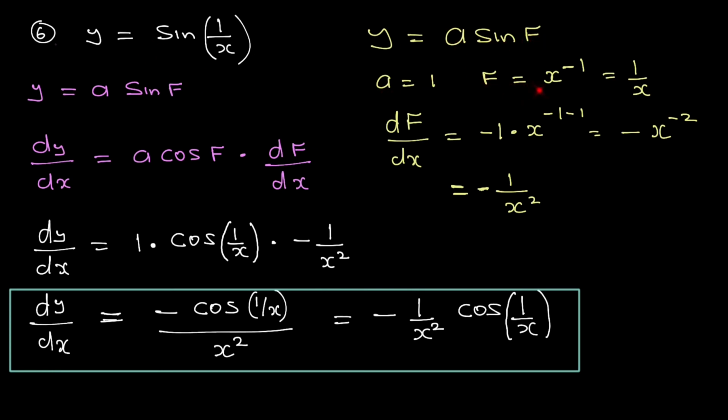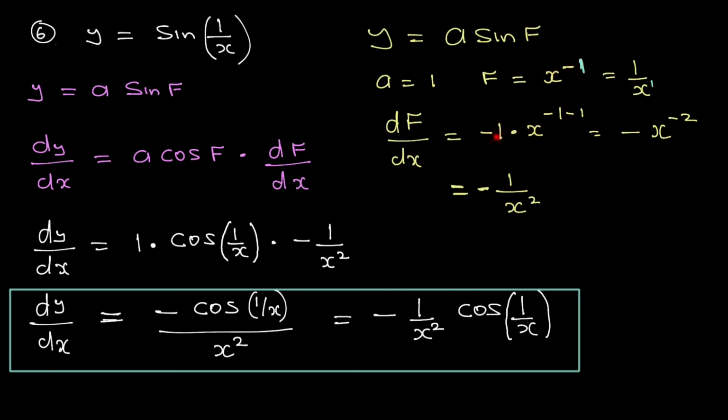F is equal to x to the power minus 1, which is 1 over x. That's the 1 here. So I could actually put it here to make sense of that. In that case, I need to put it in that format because it's easy to work with in that format. So now I can do the df dx, which is you bring the 1 down,